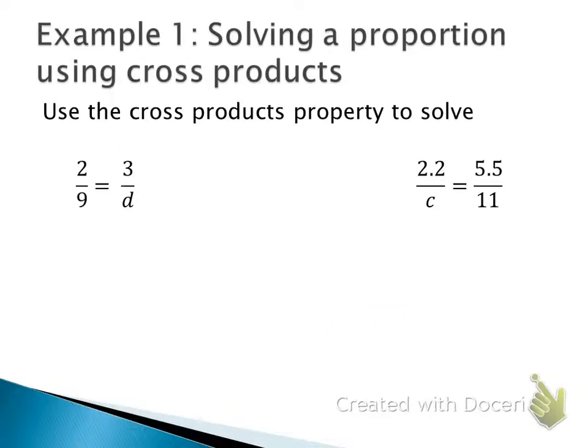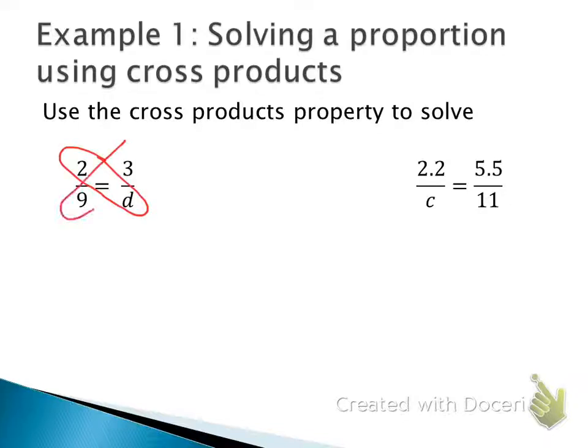Okay, yesterday we learned two methods of solving proportions. We learned how to solve proportions using equivalent ratios to find the missing link between the numbers. We also learned how to solve proportions using algebra to multiply by the reciprocal. Well, there's a third method that we can use to solve a proportion, and that's using the cross products property. Okay, this property tells me that I can multiply